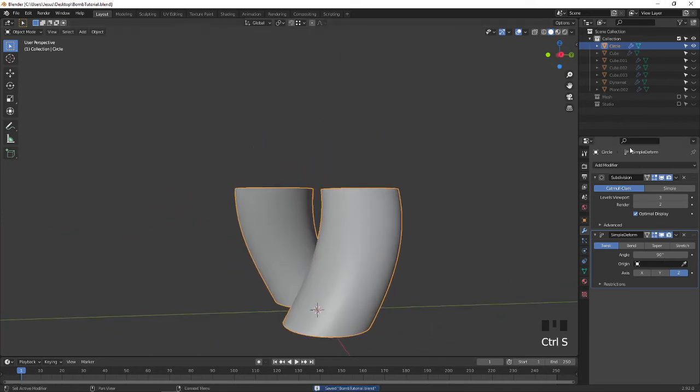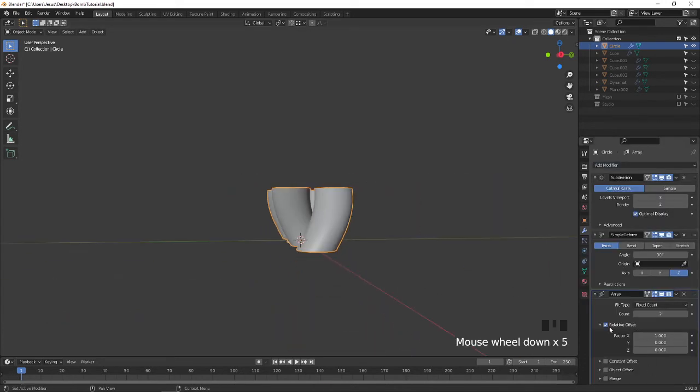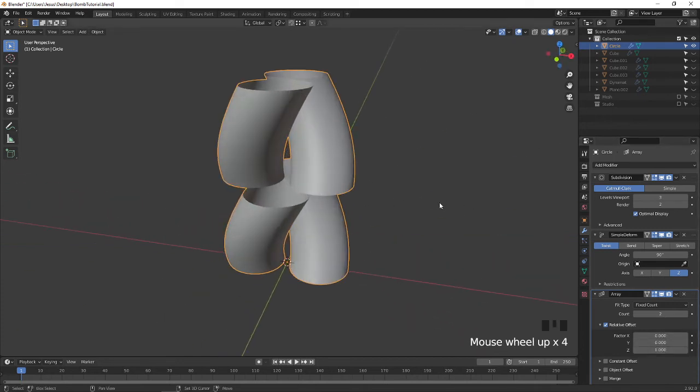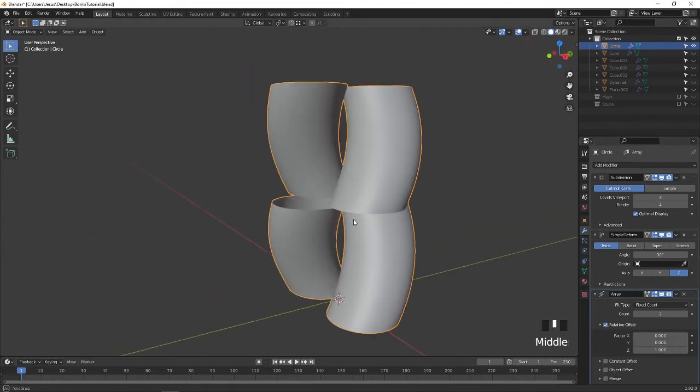Press Ctrl S to save and again add an array modifier, make it X to 0 and Z to 1. You can see it's totally not correct.